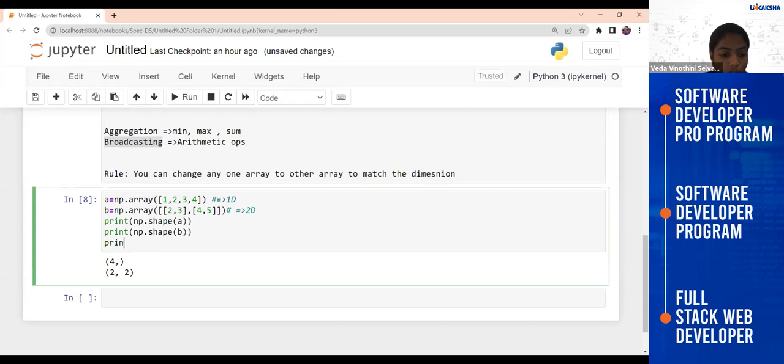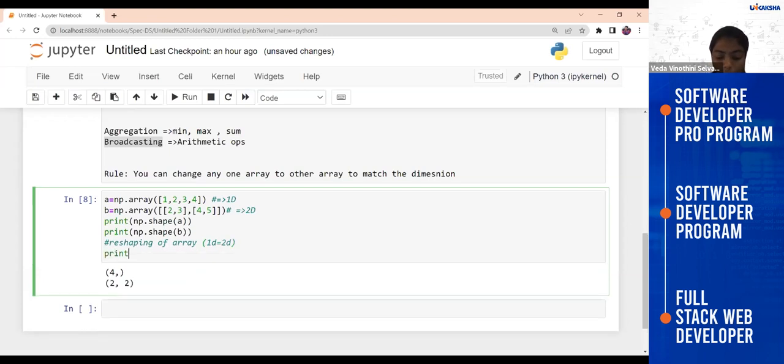You can perform a reshaping of the array to convert 1D to 2D. You can always do that. So this is what you are going to perform, and let me do that.